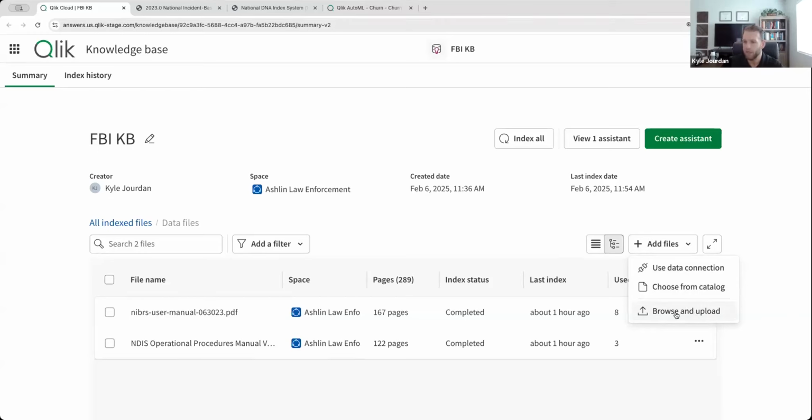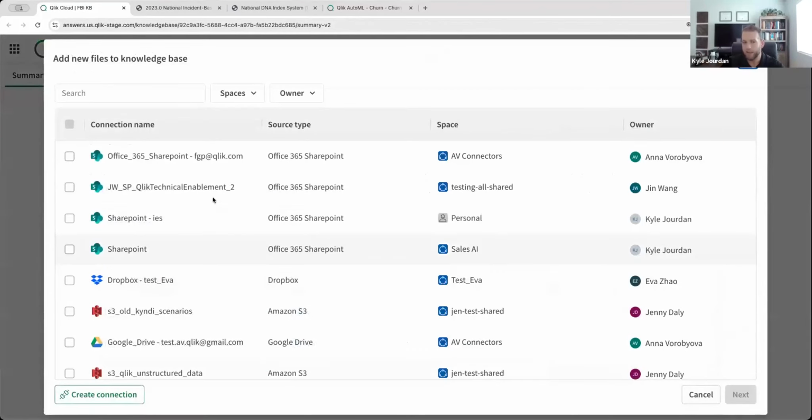And so that's obviously going to be hosted on Qlik Cloud. More practically though, you might use a data connection. So this allows you to keep the data at the source system. So let's say you have a SharePoint site or an S3 bucket or a Dropbox location that has all of these secure files that you are continuously updating in the organization. Rather than you needing to duplicate those documents and maintain what's the most updated version of it, what's been deleted, what's been added, you can quickly just connect to these sources, and Qlik Answers will just utilize the data at the source. So we'll index at the source system.